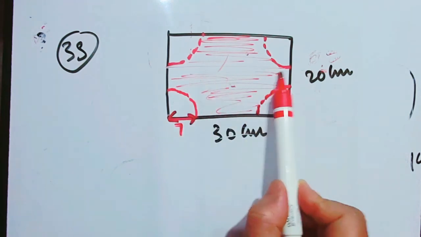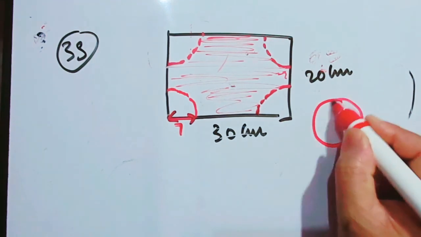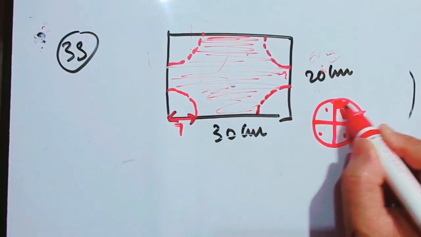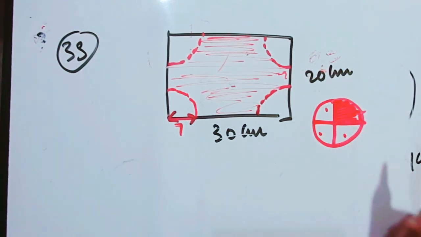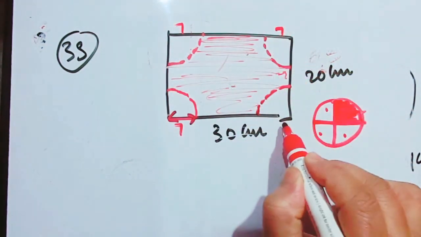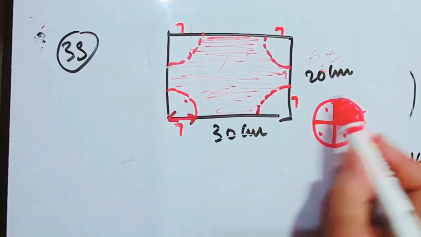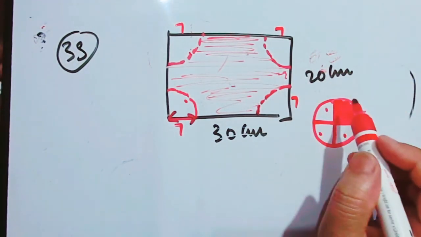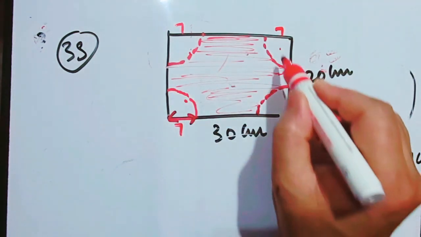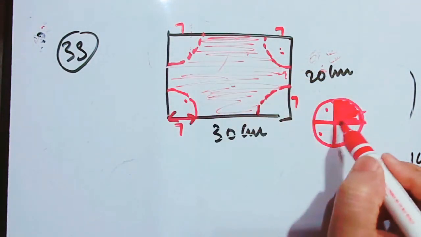Let us understand what a quadrant means. If this is a circle and it is divided into 4 parts, 1, 2, 3, 4, each of them is known as a quadrant. All these quadrants have the same radius, so if they are joined together, naturally it will form a circle. So instead of finding the area of each of them, I would find the area of all of them by using the formula pi r square, because if we join them, it will become a circle.